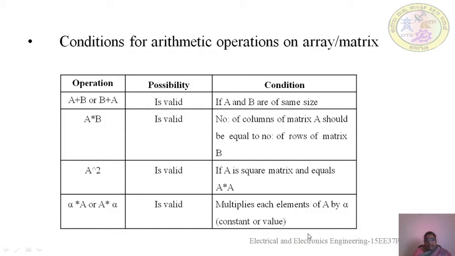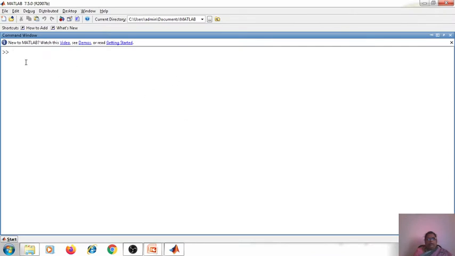Now let us see the examples for all these, how the addition and multiplication are performed in MATLAB. So let us switch to the MATLAB environment. This is the MATLAB window, and here we have a command window. As I have already said, to do any arithmetical operations we require at least two matrices to be created. So now we will create the matrix called A. Let the size of the matrix be 3 into 3. Then I will enter the elements.